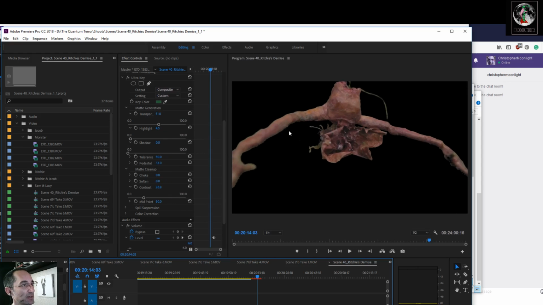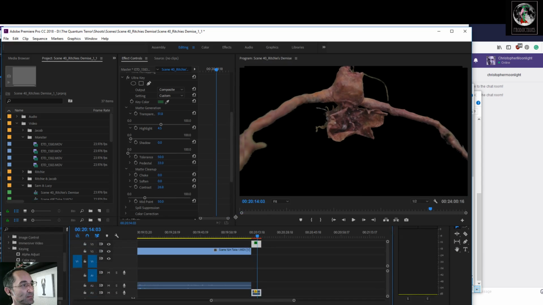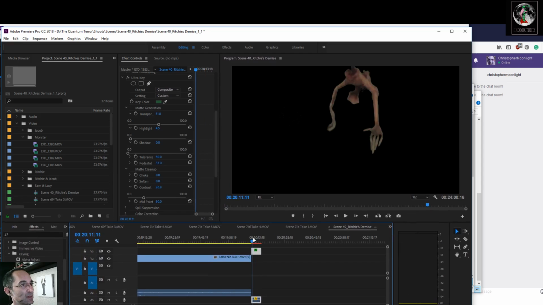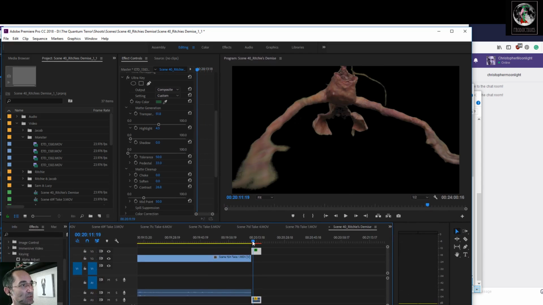This really horrendous green edge here. And there's a lot of green spill around there. This is very jagged. I want to soften this up.